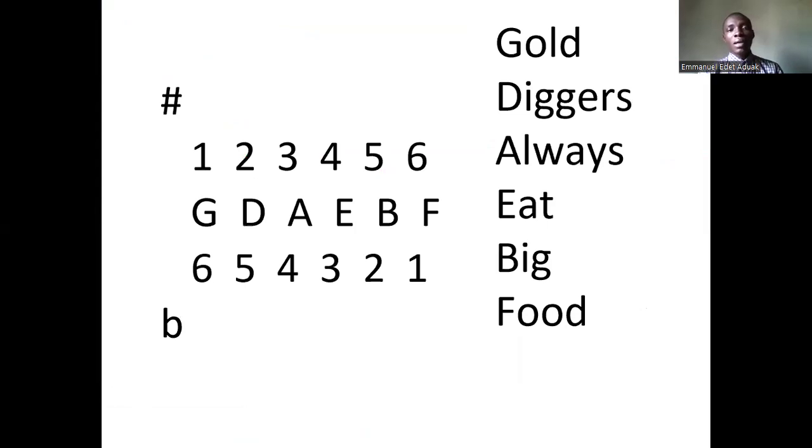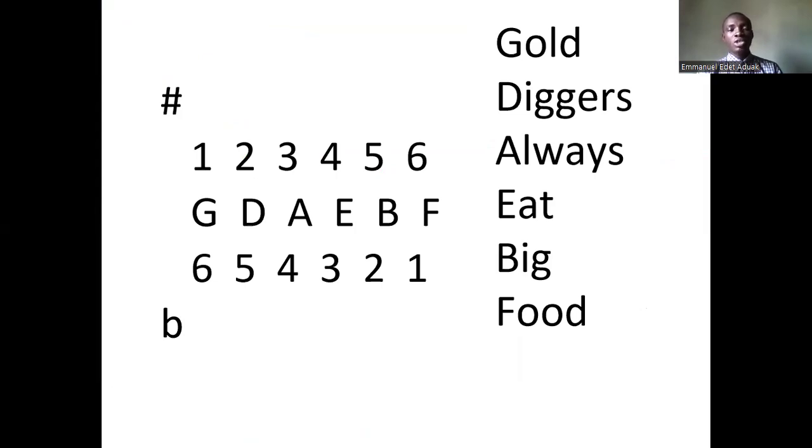Now, we follow an acronym. Gold diggers always eat big food. You put a sharp up. From there, you number 1 to 6. So then backwards, you have 1 to 6 too for the flats. So if you know this acronym, it will be easy for you to know the number of sharps each key